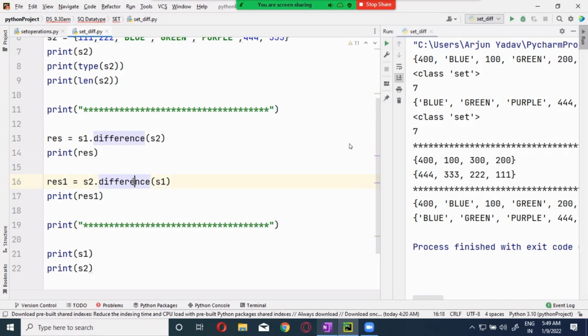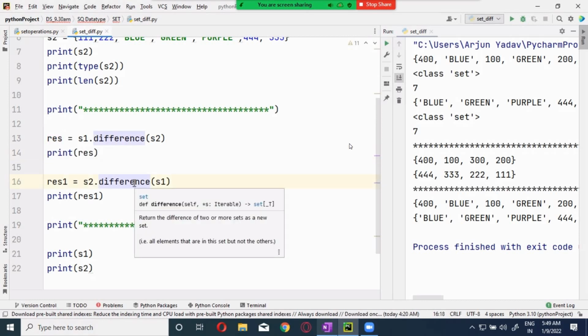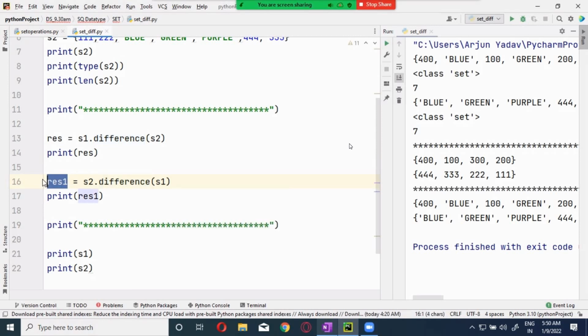Now in this case, S2 is the primary set. It will take a copy of all the values of S2 and a copy of all the values of S1 and compare, and whatever unique values the primary set has, it will give out. I'm storing that in rest one. Original values are not affected at all, remember that.